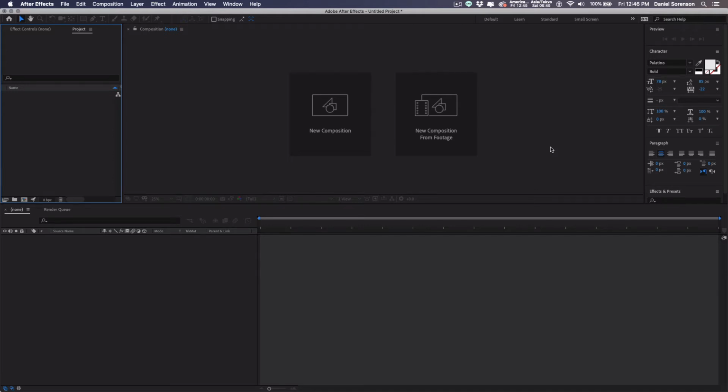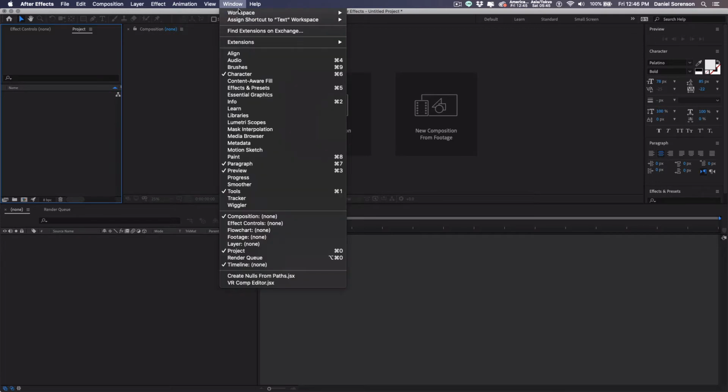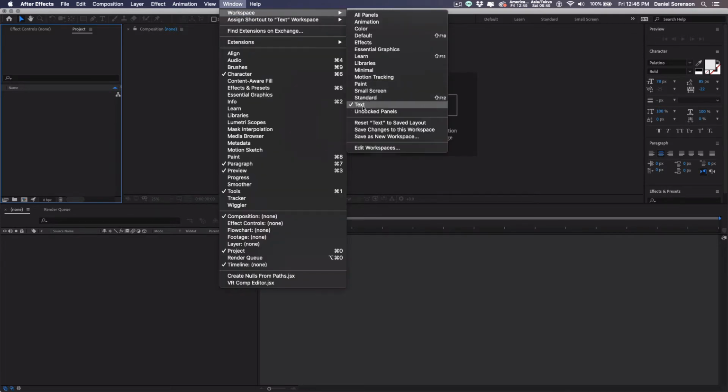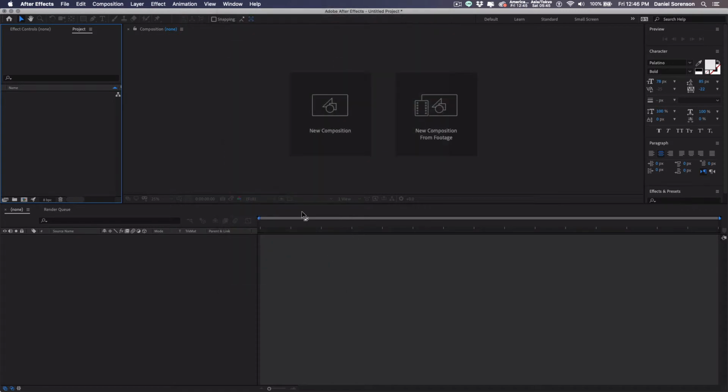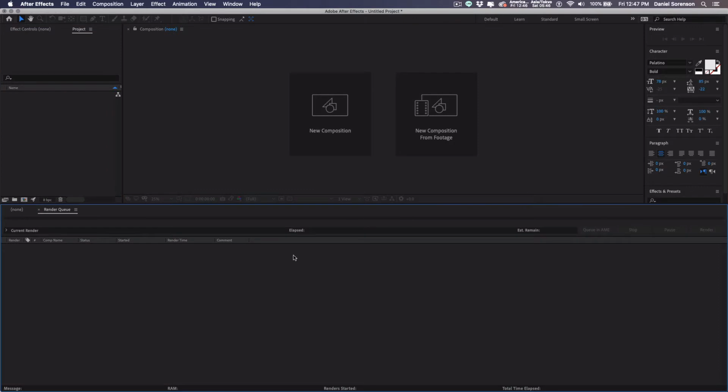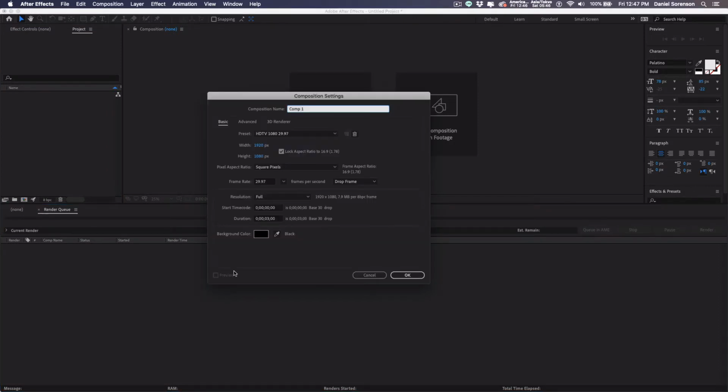Adobe After Effects makes animating type very easy and a lot of fun. First, I want you to go to Window, Workspace, and choose your text workspace. That's automatically going to open up your character and paragraph panels. Let's create a new composition, Command N, and I'll use the standard HDTV